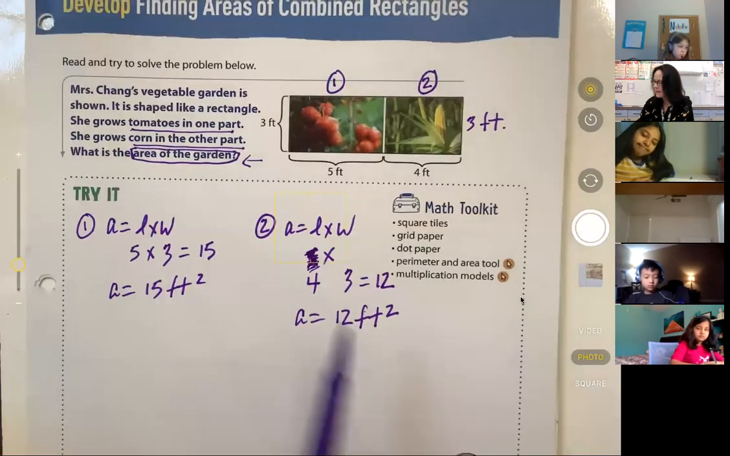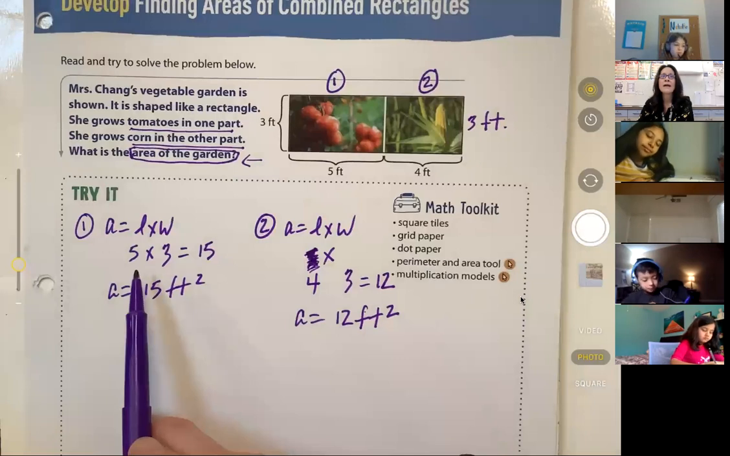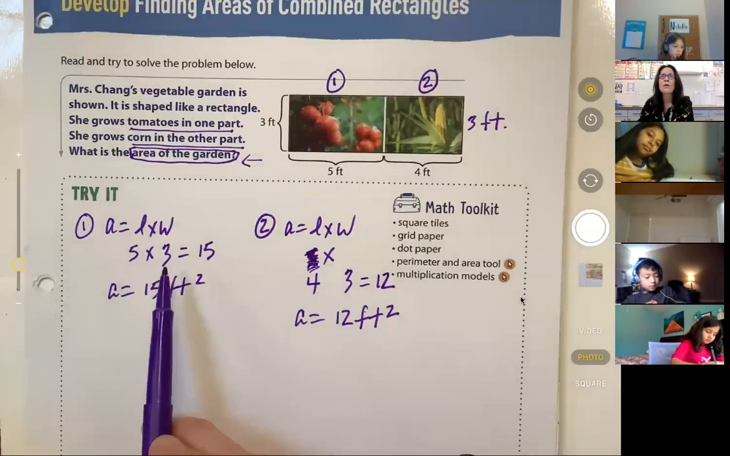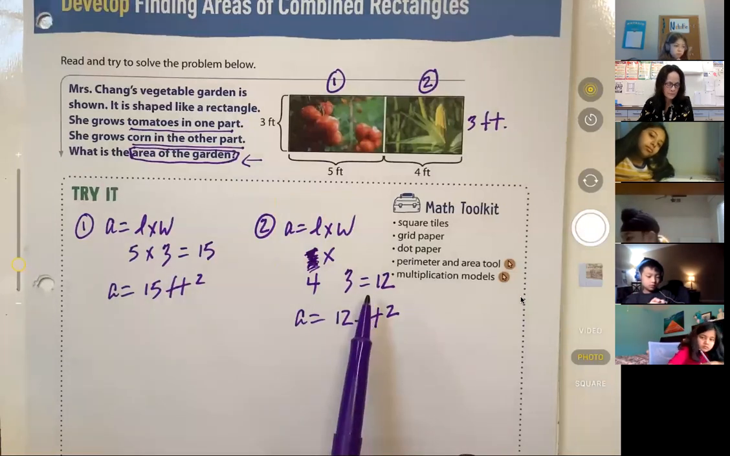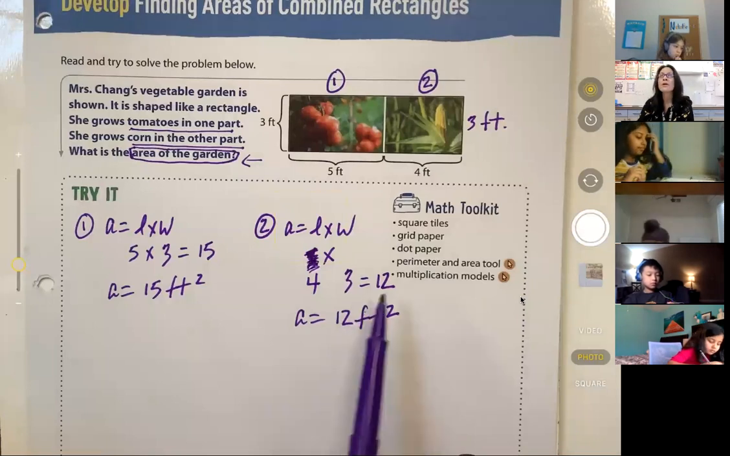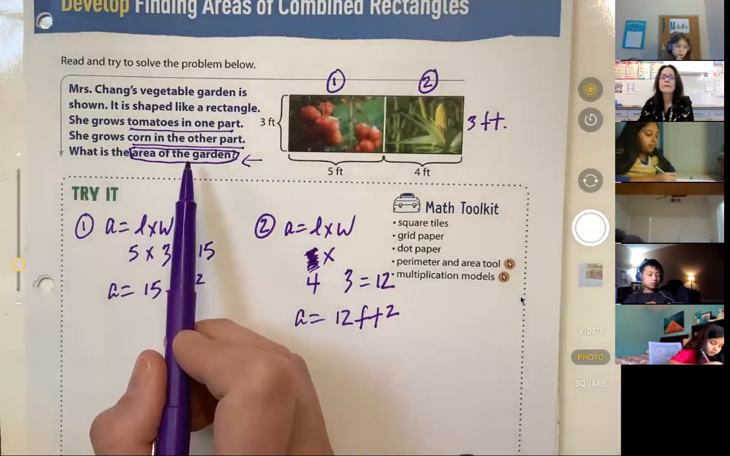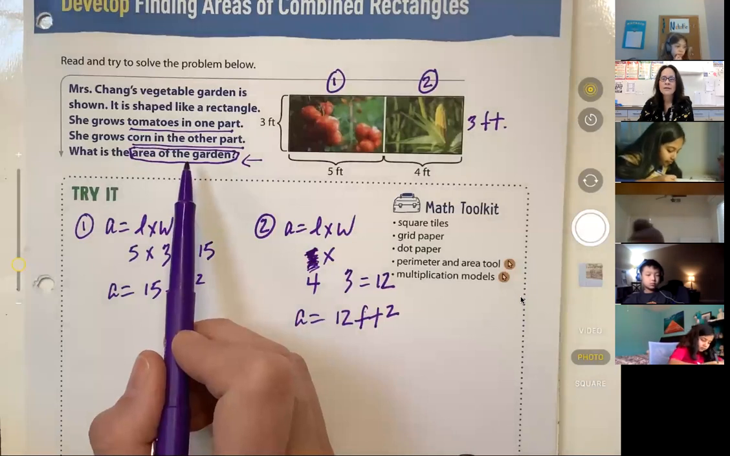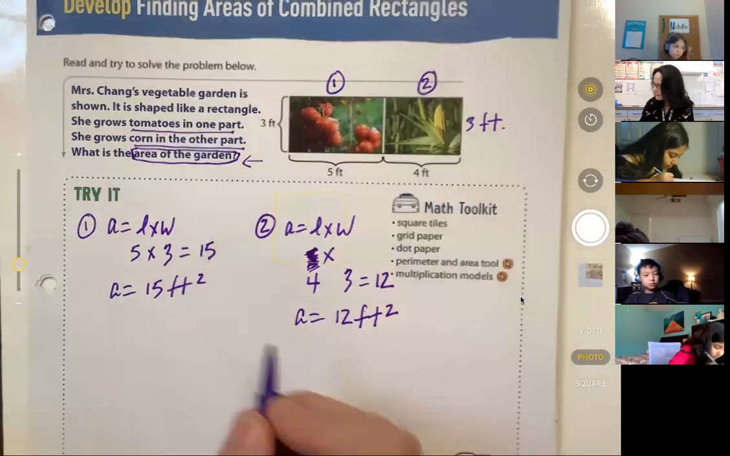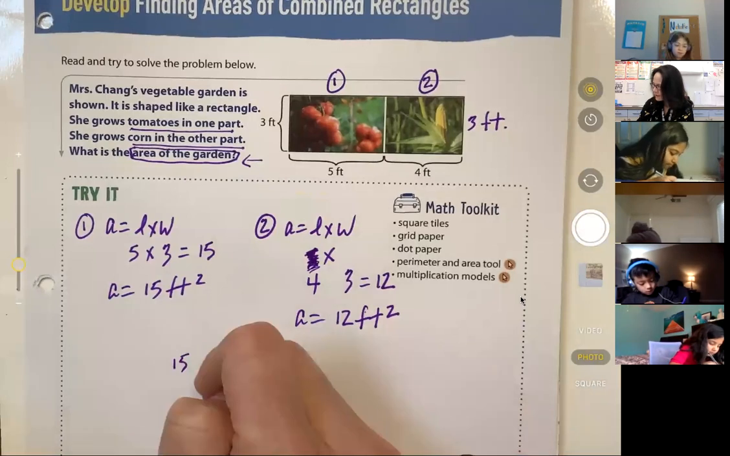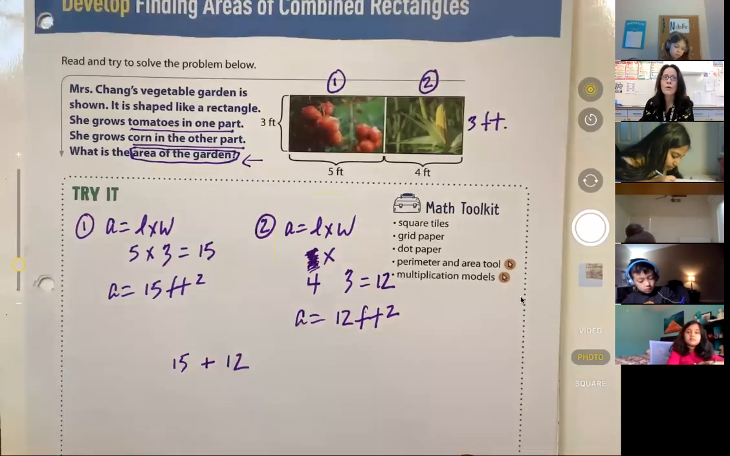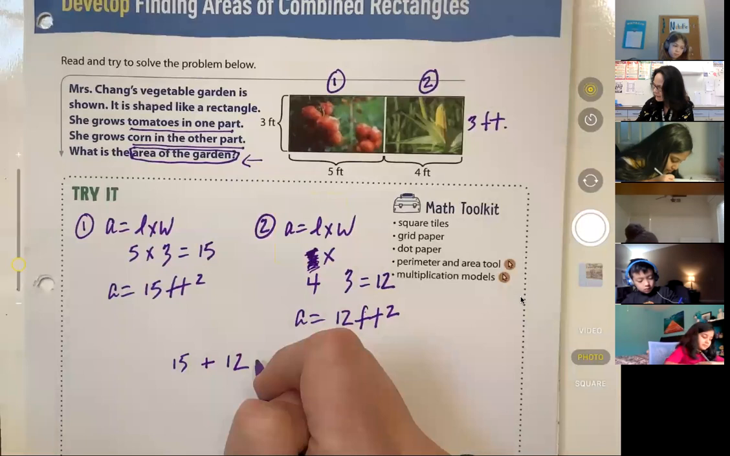So again, we've got the tomatoes. That section is 5 by 3. We've got the corn. That section is 4 by 3. But we are not done, friends, because I need the area of the total garden, not one or the other. So what do I have left to do? Now it becomes an operation of addition. I need to take my 15 square feet for the tomatoes, the 12 square feet for the corn. I need to add them together